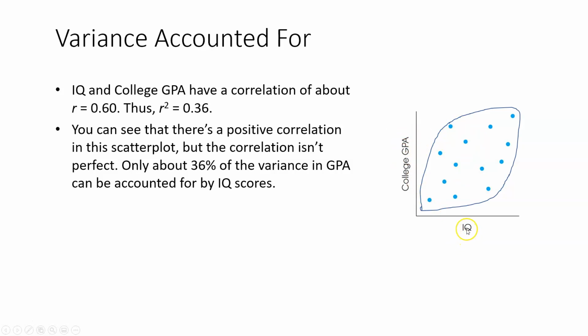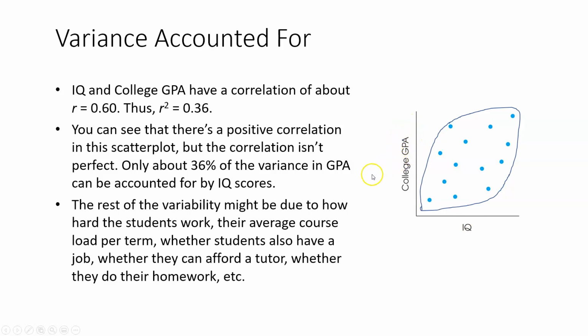So if you're relatively smarter, then you might have relatively higher GPAs. But there's a lot of other things that can impact GPA. The rest of the variability, the other 64%, might be due to how hard the students work, their average course load per